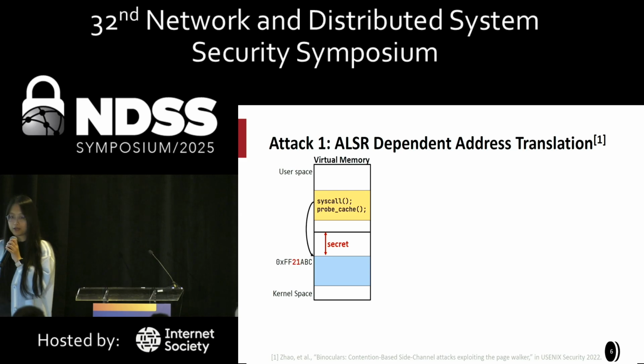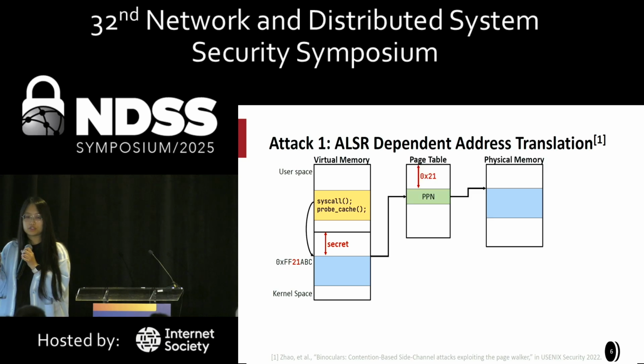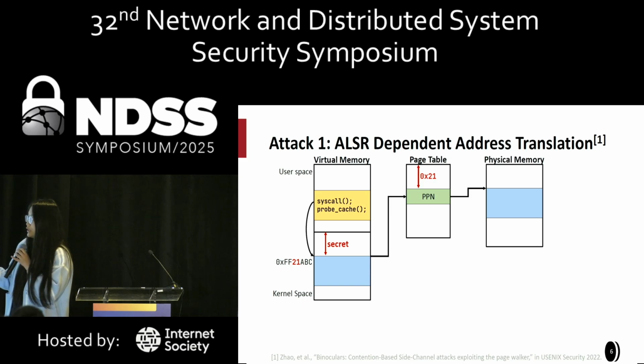First, when the attacker triggers a system call, the processor will jump to the randomized virtual address. Here we highlight the randomized digits 21 with red. During the address translation procedure, the secret randomized digits 21 will be used to index into page tables, usually the second and third level page tables. You can see that the hex 21st entry marked by green is accessed during the address translation procedure.